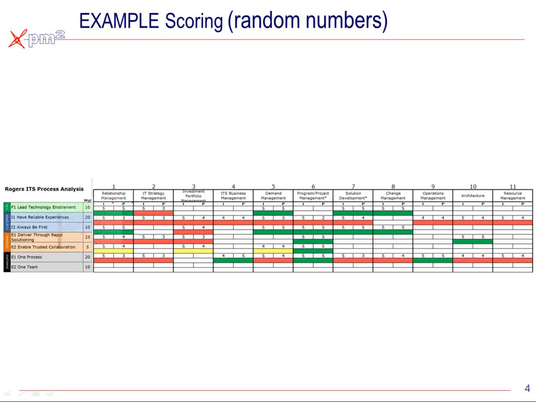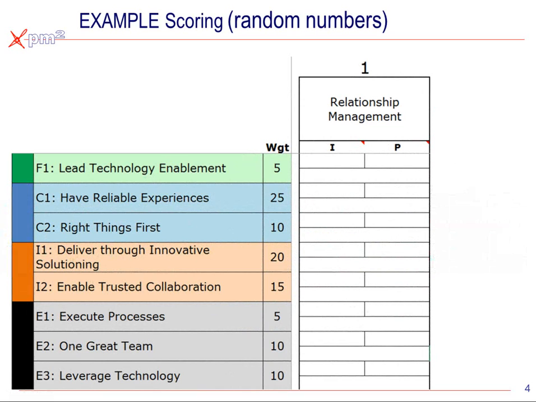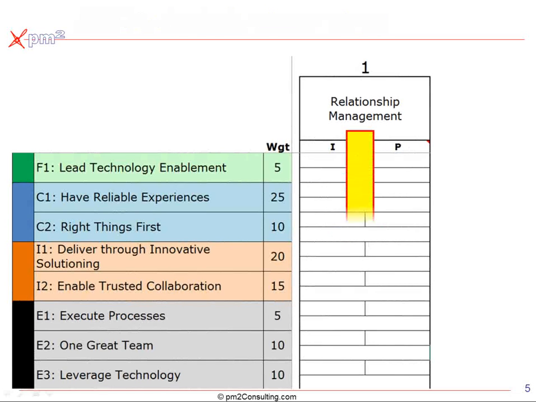Let's take a look. So in the example of these strategic objectives down the left and this process called relationship management, we ask ourselves a question: what is the impact? And by impact, we're describing the process's impact on that strategic objective. So in the example of taking a look at the relationship management process impact on the objective enabled trusted collaboration,